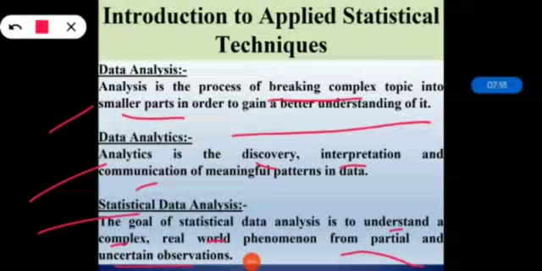And the major goal of theory is to quantify this uncertainty. So it is important to make the distinction between the mathematical theory underlying the statistical data analysis and the decisions that are made after conducting that analysis. So we can say that statistical inference consists of getting information about an unknown process through partial and uncertain observation, and decision theory allows us to make decisions about the unknown process.